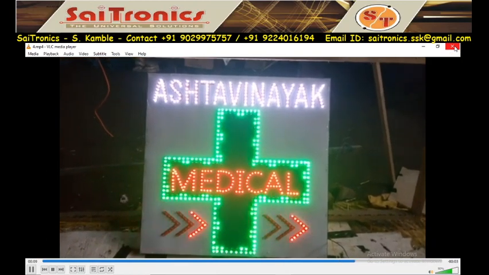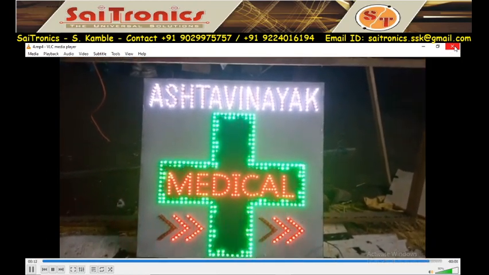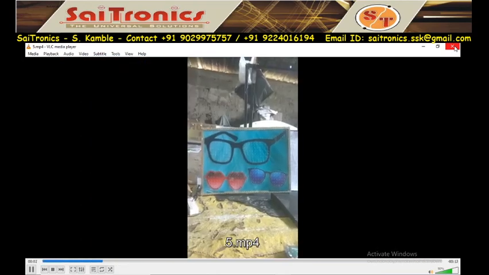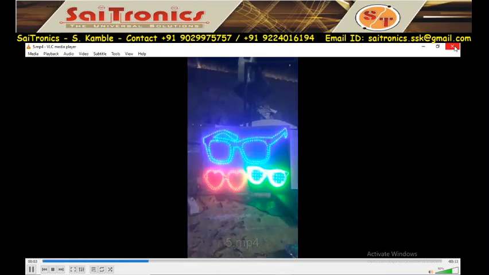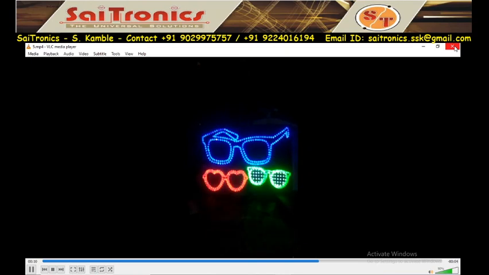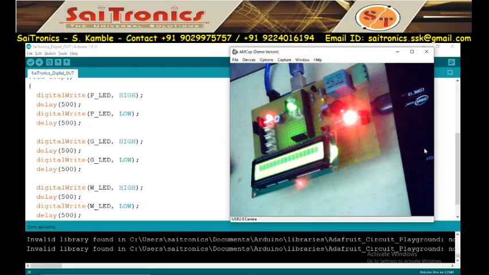So this is one product of Cytronics. You can connect LEDs as per your requirements. The shape will be as per your requirement, and you can make boards like this. So that was our Cytronics products.